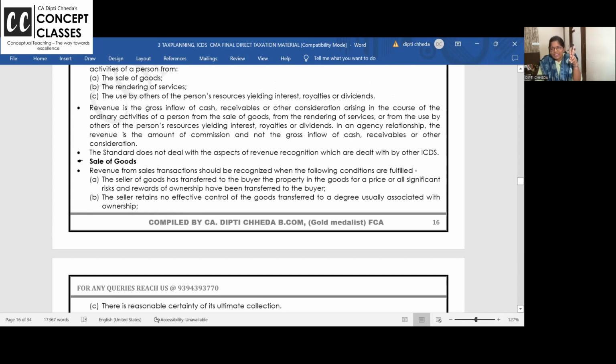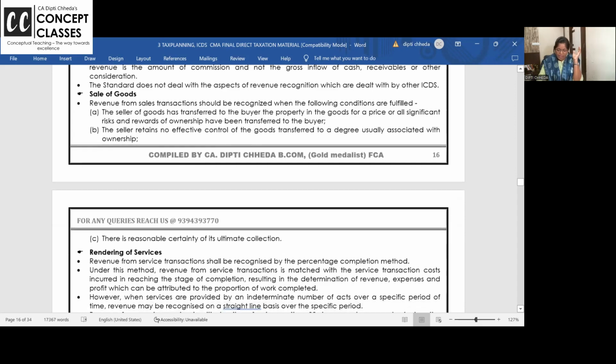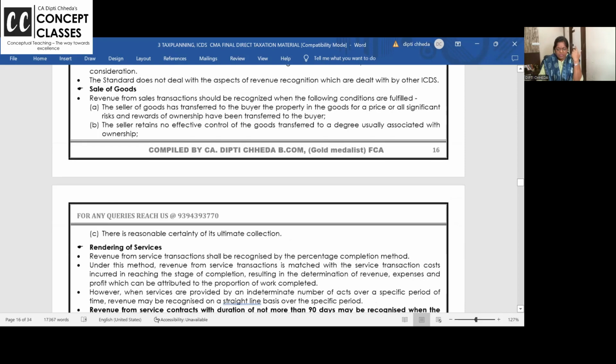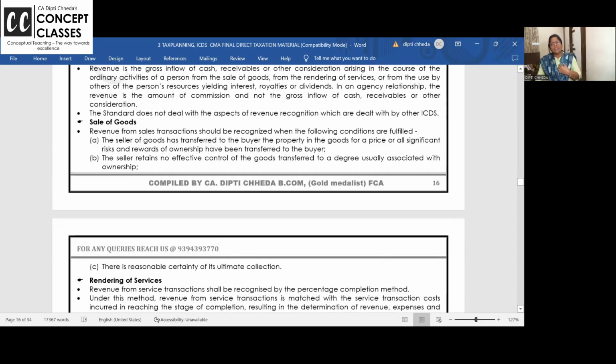These are the two ICDS, dear students, where there is no change between the ICDS and your accounting standard. Revenue recognition is all clear: when all goods, risk and reward of ownership is transferred in sale, you can recognize the income. So can I record sales on accrual basis, goods sold on credit for 2 months? Answer is yes, provided I don't have uncertainty whether the debtor will pay or not. But ma'am, afterwards, if the debtor doesn't pay, then bad debts are allowed under section 36 as your expense. But you cannot cancel the sales or reduce the sales if you don't realize the sales.